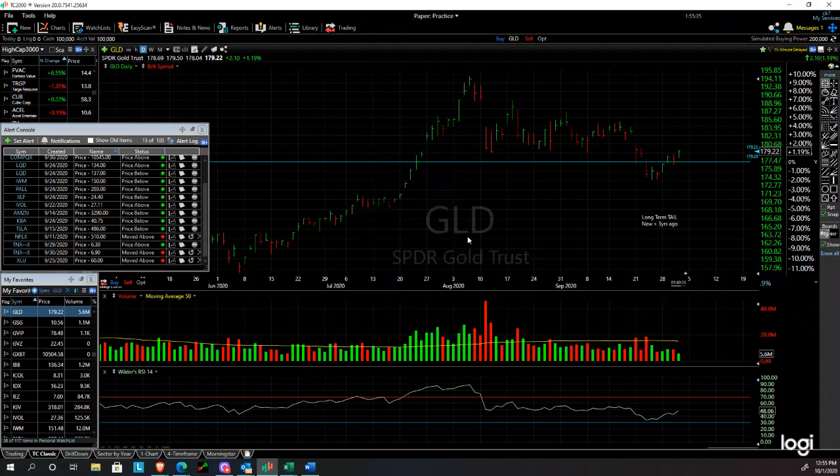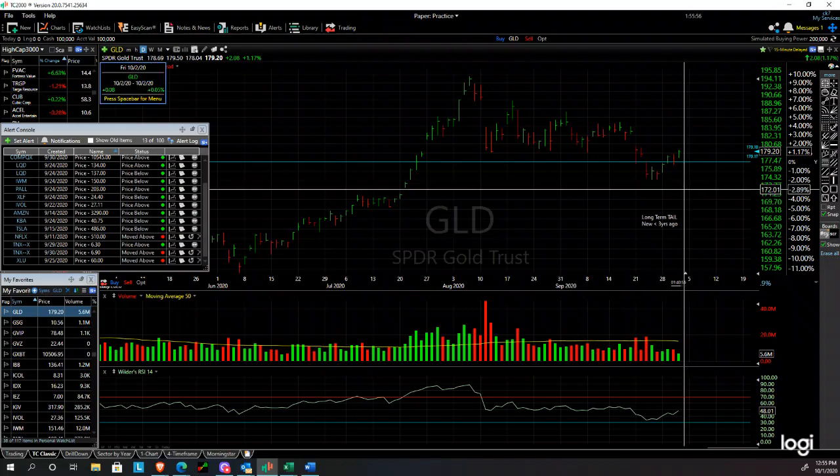Let's take a look at gold first. So here's gold right here. We unwound the final amount of our position in gold today. And the reason was that the signal, the volatility of volatility and the calculus behind the movement of oil or gold in general, suggested that we could see it down at 172.